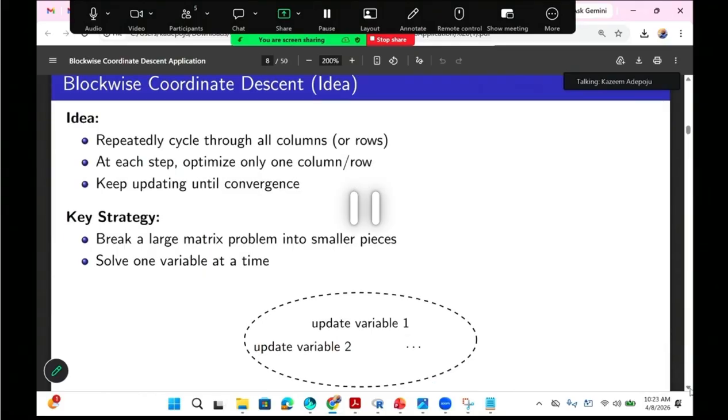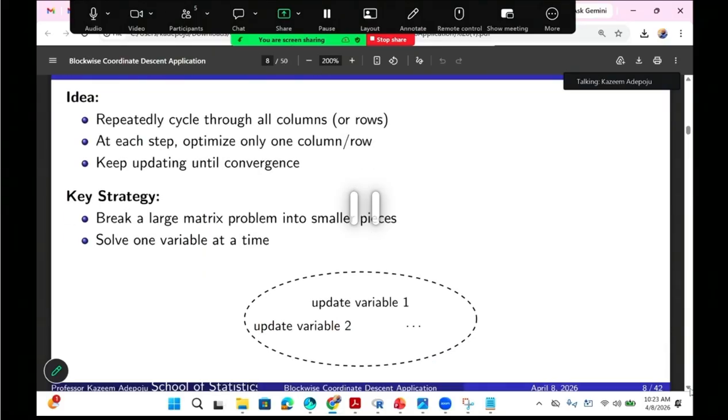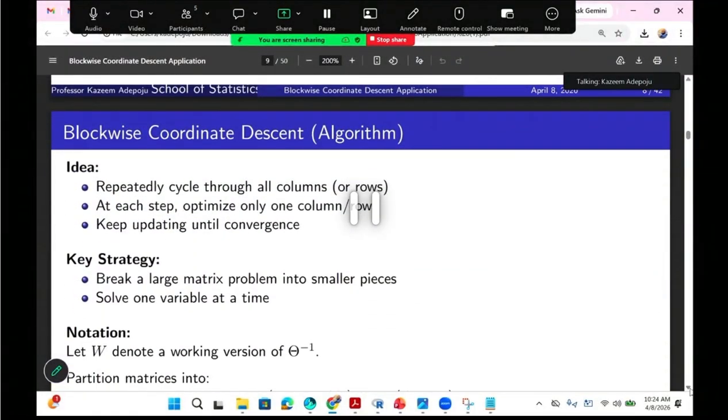Now, this is the idea that I just talked about. The strategy is to break the matrix into smaller pieces. Then we solve one at a time. We start updating. Okay? So I'm going to show you, I think I have an example that,